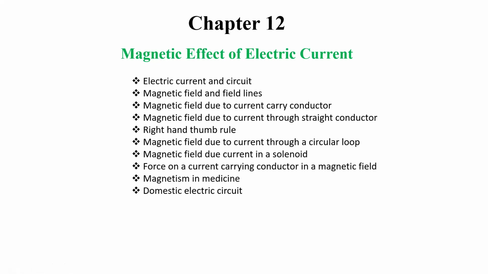What is a magnet? You are aware that a magnet has two poles, north and south, and that our Earth also behaves like a magnet. Here we are going to see the magnetic effect of electric current. So how is electric current going to generate